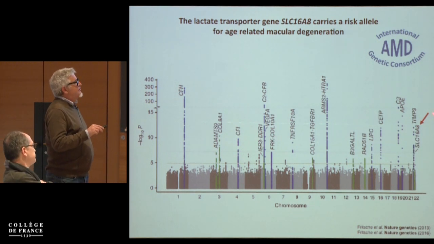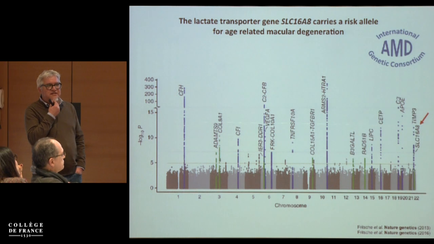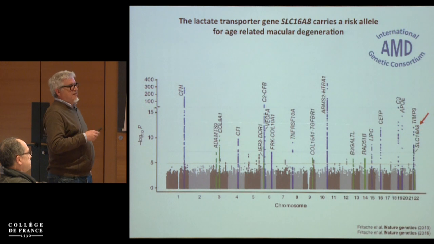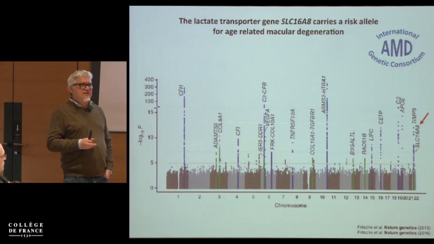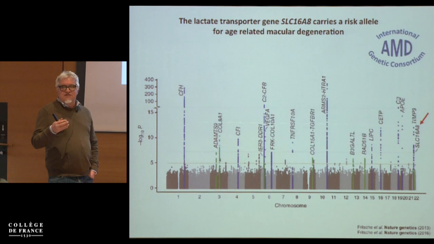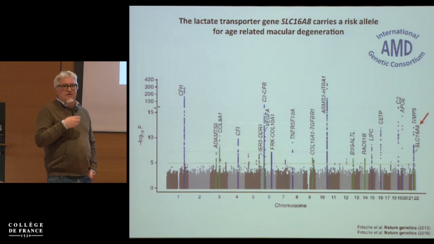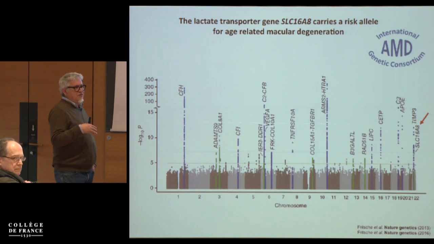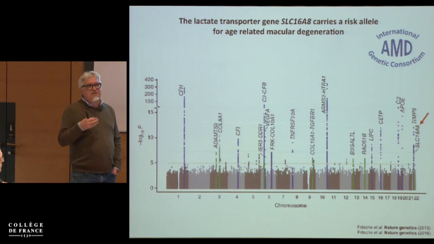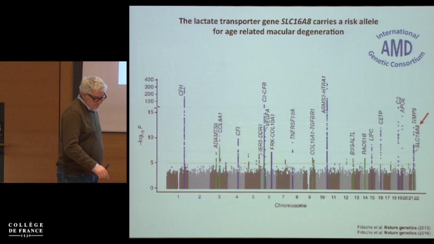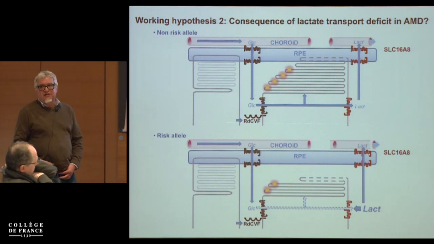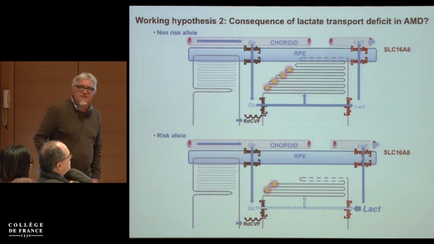But I noticed from the early genes that there is a lactate transporter in this list, SLC16A8. SLC16A8 is one of the lactate transporters which is important in the retinal pigment epithelium. It is expressed, in the whole body, only in the basal part of the retinal pigment epithelium. So the second hypothesis is here, which I'm working on with Laurence, who is here also.